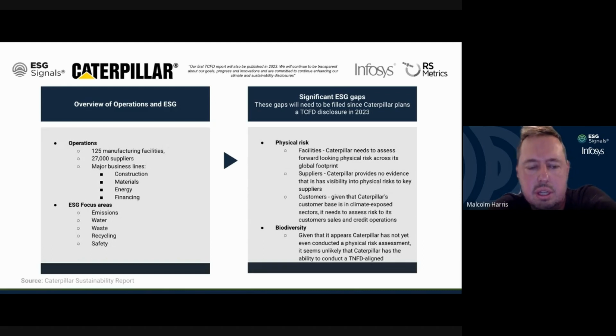And they're focused on a couple areas within the ESG lens. Emissions is a big one for them because they sell these big energy intensive products like huge trucks to mining companies that burn a lot of diesel, so they have to think through where they stand in a changing regulatory and policy environment. Water is a big deal for them. Waste, recycling, right? They're focused on circular economy, which is a big focus area of Corey and his team, I know. And safety is important.